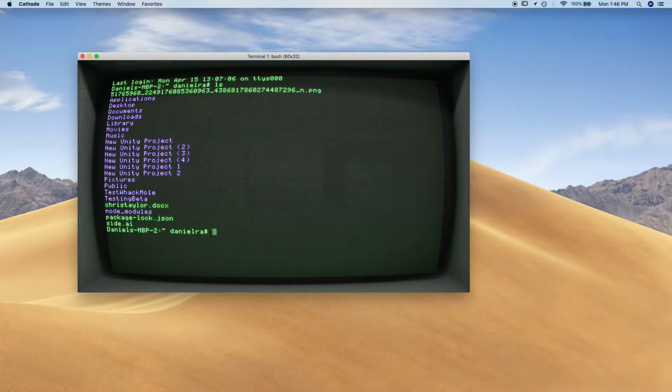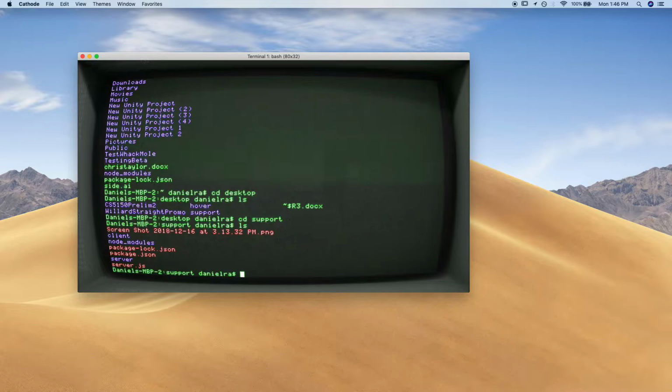So ls actually gives you all the directories that you're currently in. I'm obviously at the higher level above desktop, so I can see my applications or whatever. So what I'm going to do is use cd, which lets me go into an area. I'm doing cd desktop to go into my desktop. If I do ls, it shows me all the folders that are on my desktop level. I'm going to cd back into support. Then I'm going to ls again, and as you can see here, I have my package.json as well as my